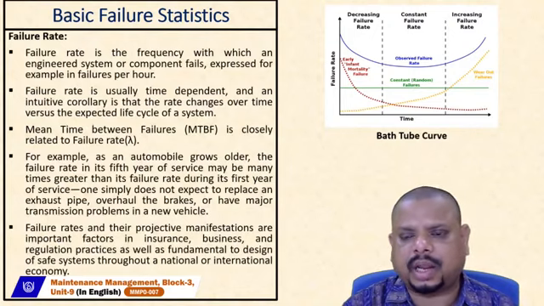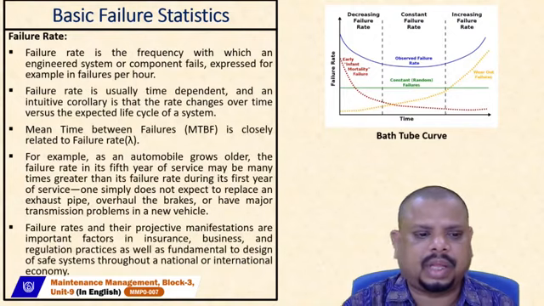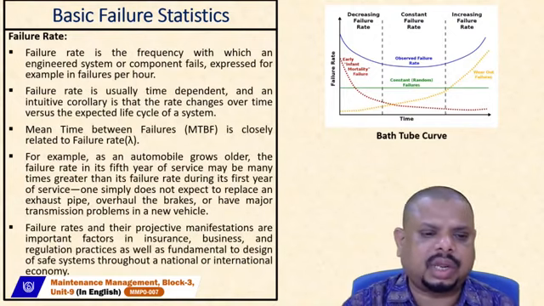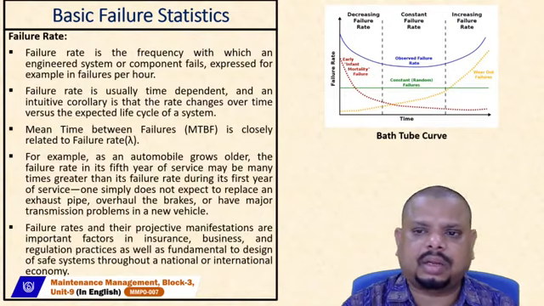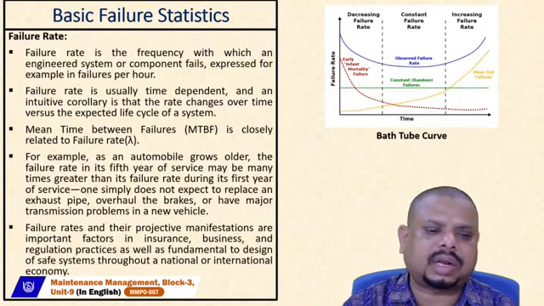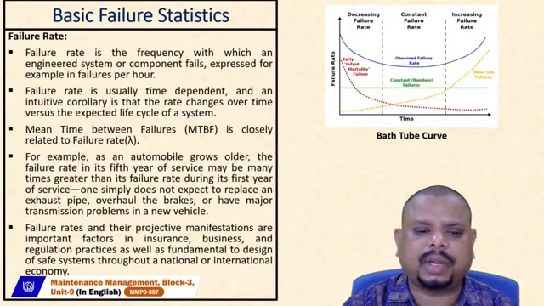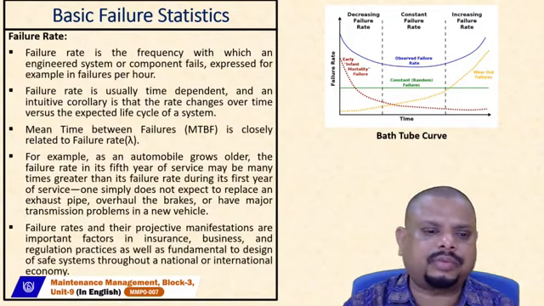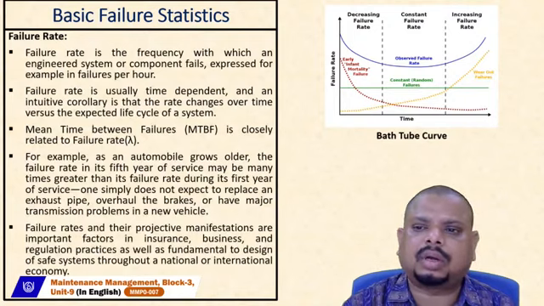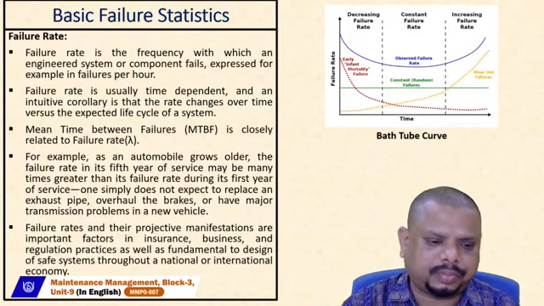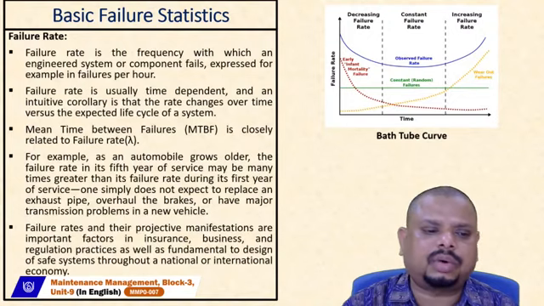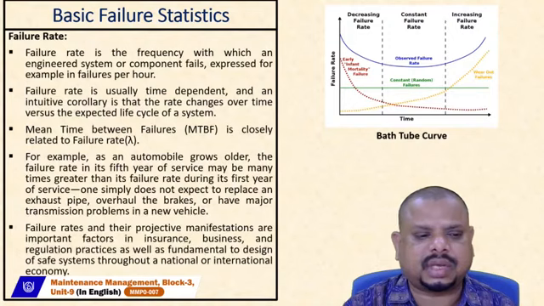For example, components like the exhaust pipe, and overall the brakes or brake pads should be changed or replaced. If required, in some cases a transmission problem will occur, and that should be replaced as early as possible to avoid failure in the vehicles. So if we go to point number 4, the failure rates and their projective manifestations are an important factor in insurance,